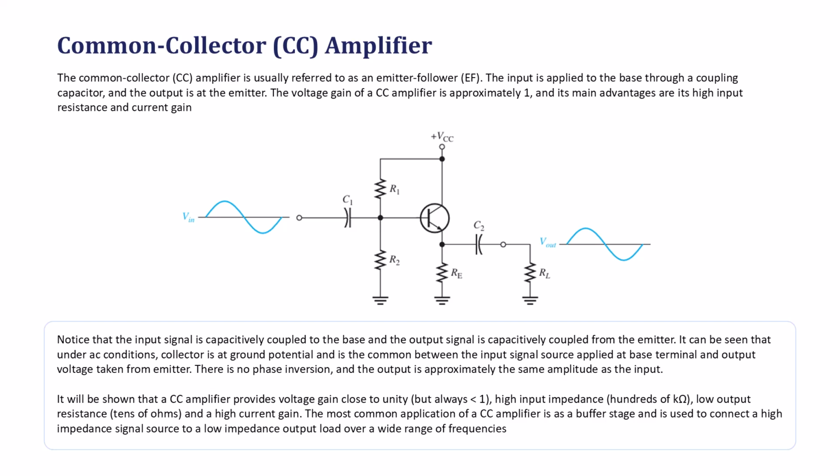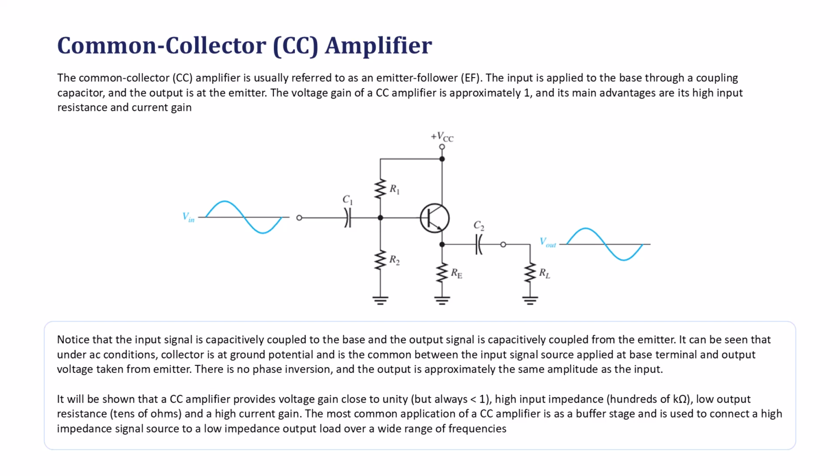It's the common point between the input signal at the base and the output voltage at the emitter, which is exactly where the name common collector comes from. There is no phase inversion here, so the output is approximately the same amplitude and the same phase as the input. As we'll show, a CC amplifier gives us voltage gain close to unity, but always less than 1,